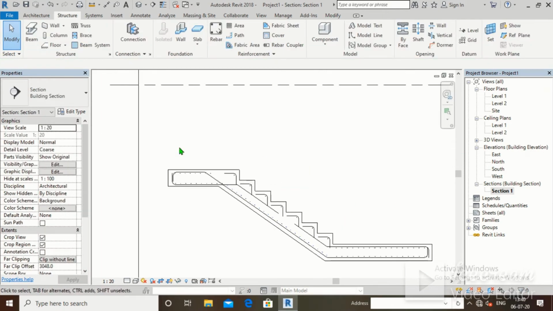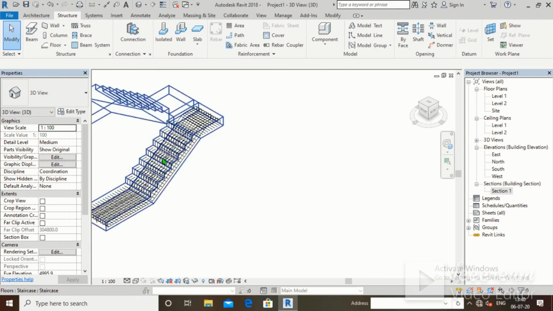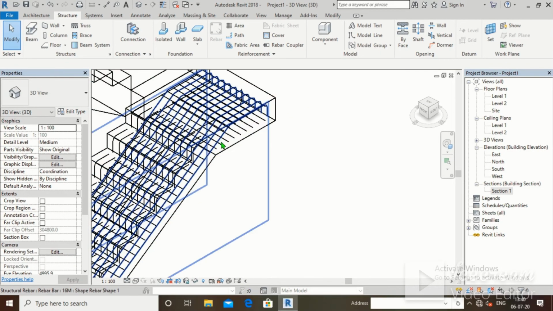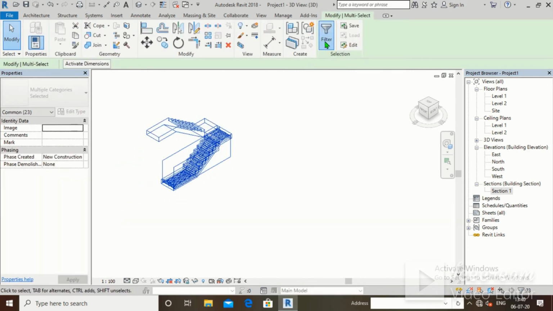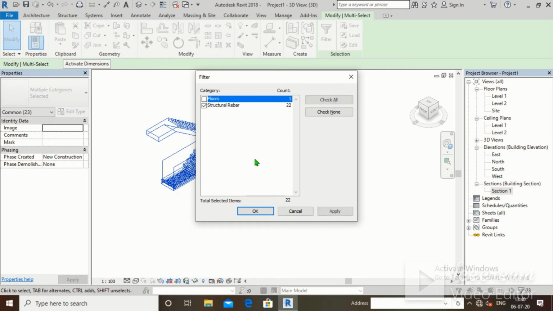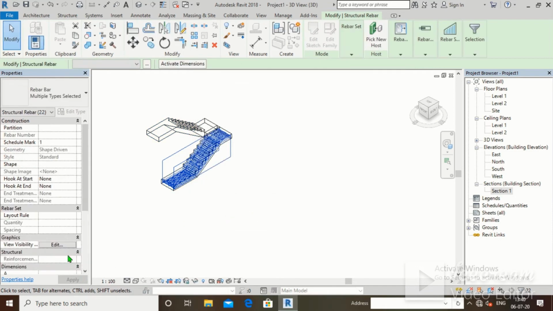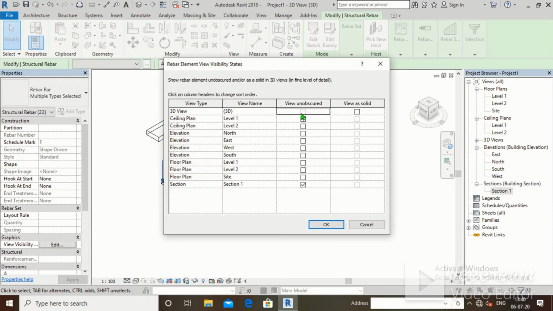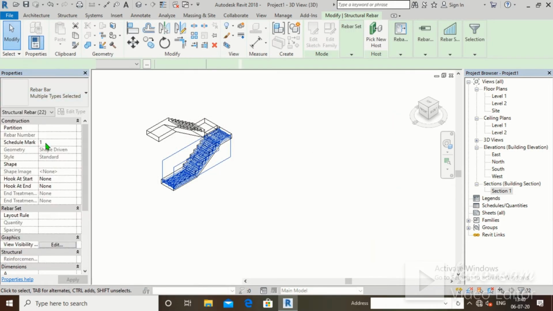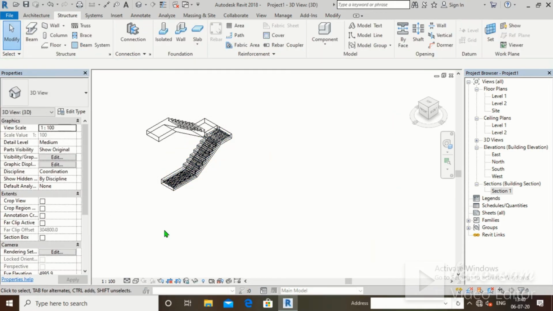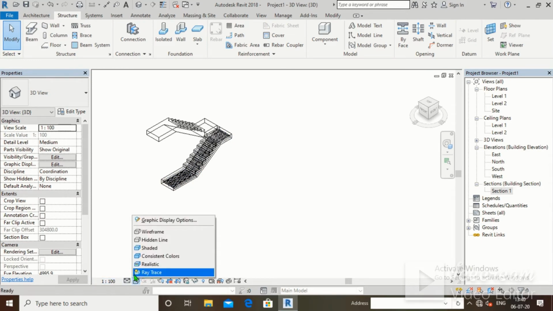Okay, we'll have a look in the default 3D view. I guess almost all our bars have been placed. So now do one thing: select everything, filter, untick floors, click on apply, click on OK, view visibility, edit, view on scope, view as solid. Okay, let's change the bar diameter to 16 mm, and change the detail level from coarse to fine,